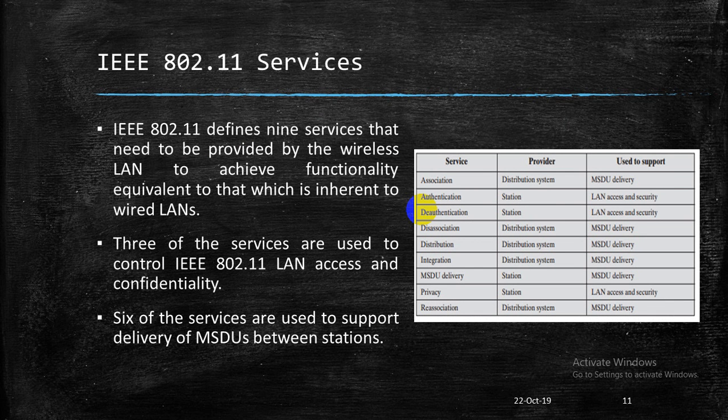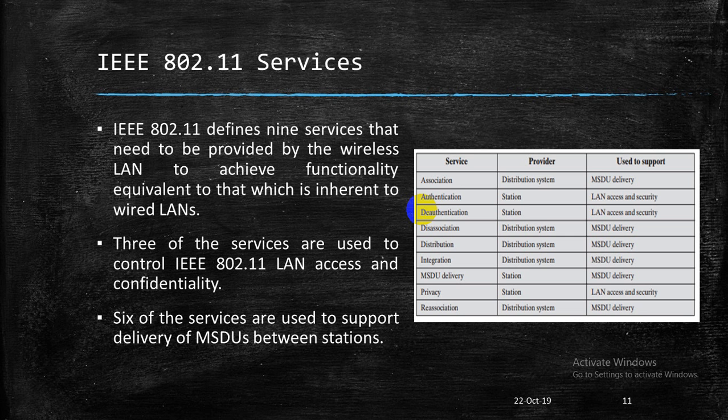And now I'm talking about IEEE 802.11 services, which are related to the protocol architecture. There are 9 services, and the first 6 of them are used. The first 3 services are used for LAN access and confidentiality. Confidentiality defines the security or privacy of the data. So LAN access and confidentiality will be checked by the first 3 services, and the next 6 services are mainly delivering